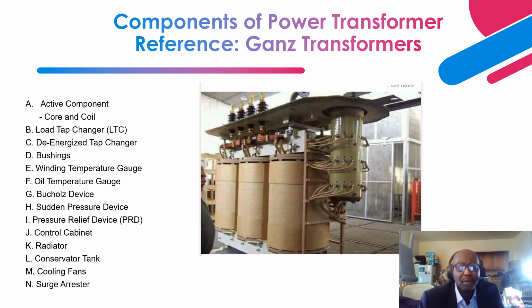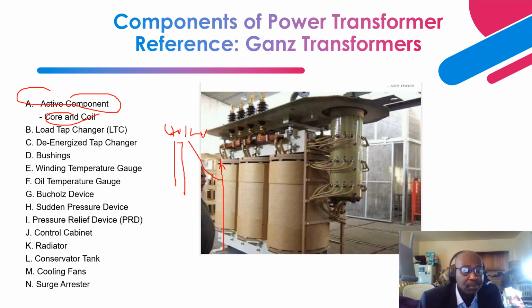The components of a power transformer. The first one is the active component. The active component is basically your core and coils. So this is phase A, and phase A has your high voltage winding and your low voltage winding, and your limb. So if this is the limb of your core,